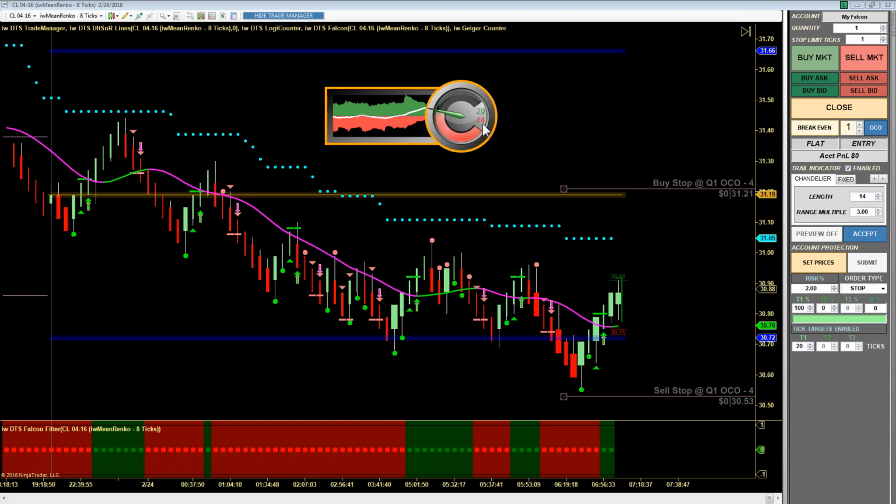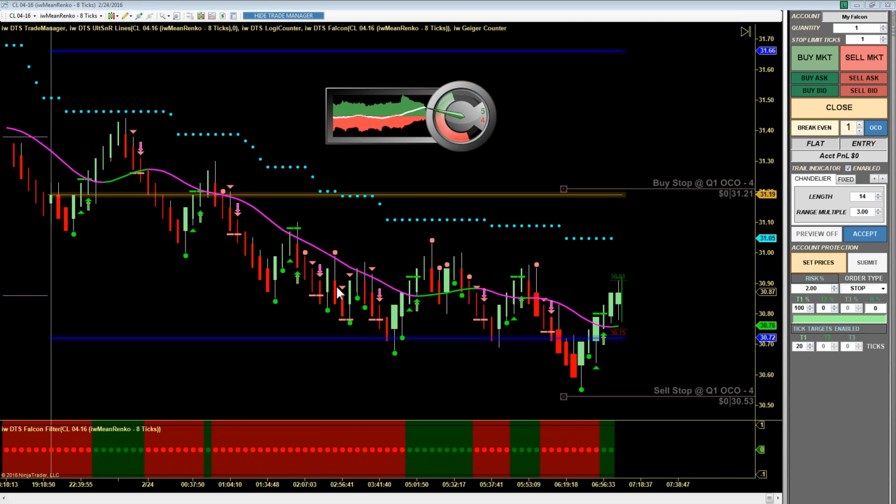Okay, so the number's still fairly light here. A little bit of a bullish flavor, according to the Geiger counter. No real clear signal here on the Falcon just yet. You can see the trend line breaking up quite a bit, the filter breaking up. So very neutral as far as the